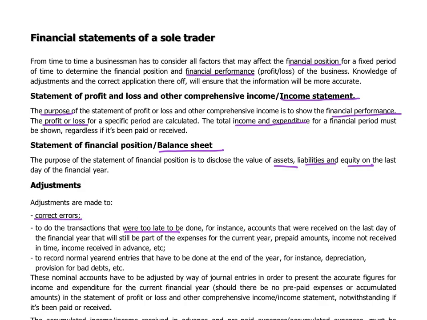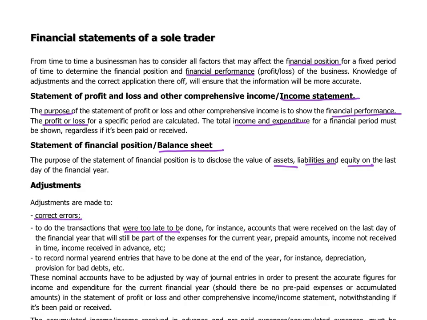For instance, you will only receive your water and electricity account on the 4th or the 5th of March, but the end of the financial year is 28 February. But that for water and electricity is still part of the current financial year, so you have to show it as part of the financial year, and you will show that it's an accrued expense